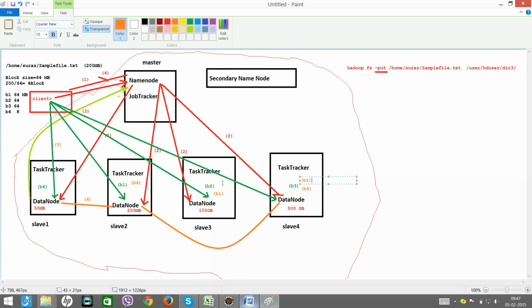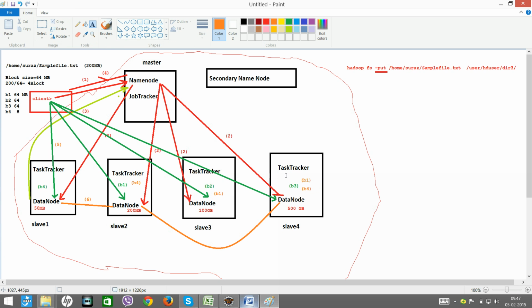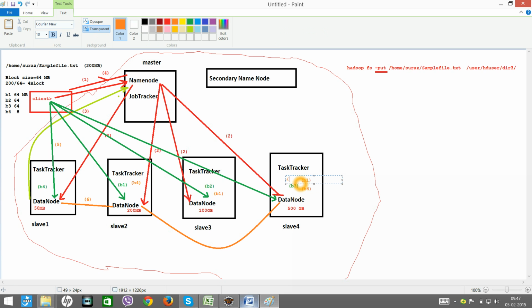Similarly, B2 will start copying here, and here also, because here we don't have sufficient space now. B4 is copied here. Sorry, B3 is placed there. We'll have B3 here also.